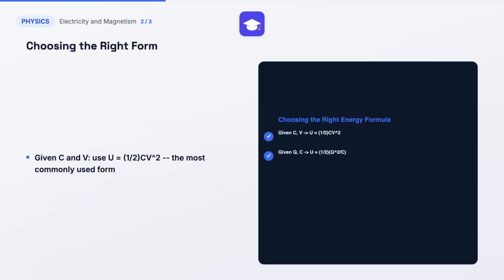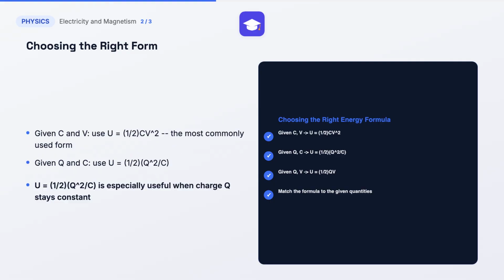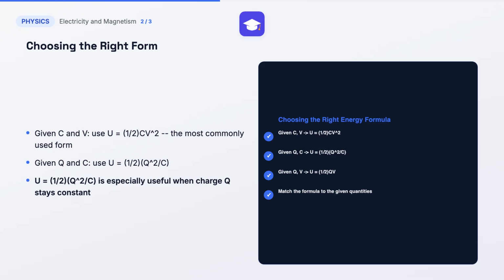Each of these three genuinely equivalent formulas is most convenient in a specific situation, depending on exactly which two quantities a problem actually gives you directly. If a problem genuinely gives you capacitance and voltage, use U equals half CV squared directly. This is genuinely the most commonly used form since C and V are the two quantities most often specified in JEE problems. If a problem instead genuinely gives you charge and capacitance, use U equals half Q squared over C